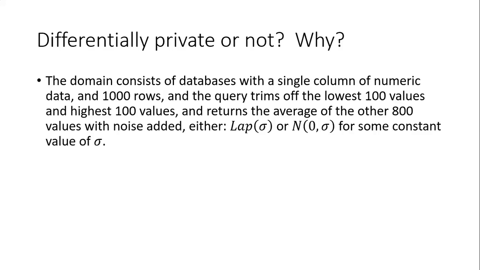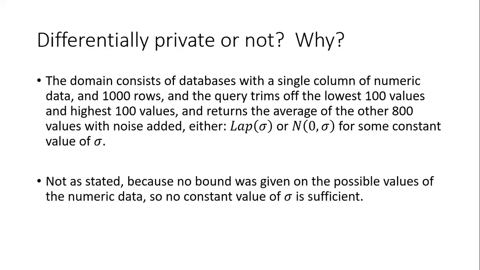So it turns out, actually, it doesn't matter how high you make the standard deviation. If it's constant, then it will not be differentially private, as I stated it, just because I didn't put any bound on the possible values in the database, right? So any sigma that you pick for the standard deviation, you can find two adjacent databases if there's no bound on the entries, where this one is 1,000 zeros. It's going to return 0 plus some noise. This one is 1,000 values of a Googleplex.